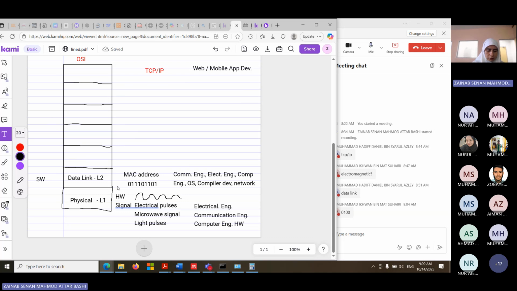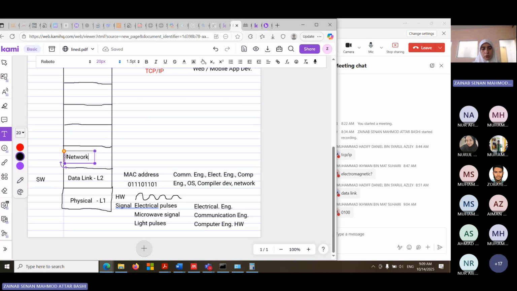Now, the next layer is network. Network layer, which is layer 3. For this course, we will use it a lot, of course, but not as much as the data link layer. And if you're taking enterprise network, we will not talk about the data link layer at all. Everything we will talk about is in the network layer. Now for the network layer, here we have one important thing, which is the IP address. IP address in this layer is simply a core subject.